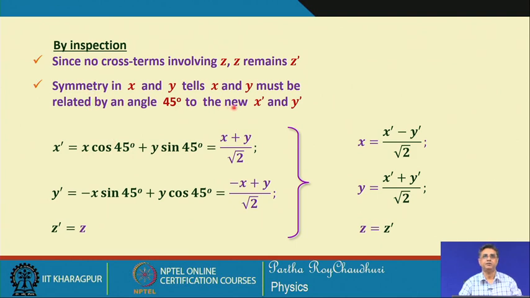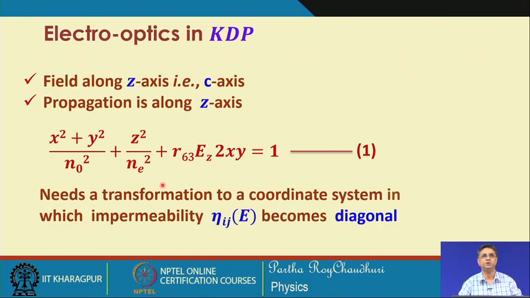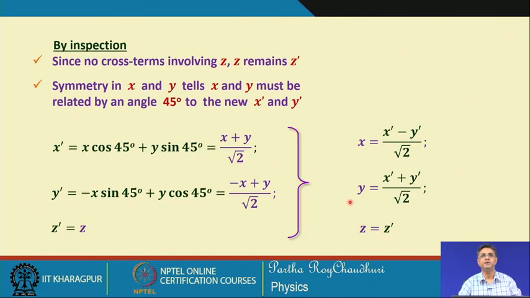We provide a rotation of 45 degree about the z axis, and this coordinate transformation is again a very well known transformation equation. z prime is equal to z, but because we need the reverse transformation, we have to replace x, y, z by x dash, y dash and z dash. So, we will be using the reverse transformation, that is, in place of x we will write x dash minus y dash over root 2, and y equal to x dash plus y dash by root 2, z remains z prime.